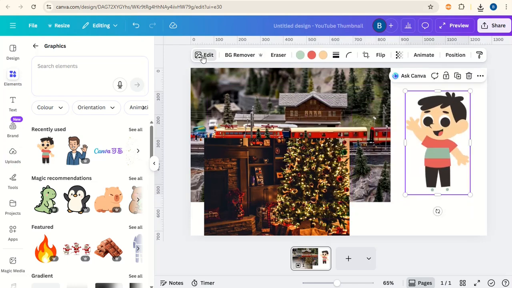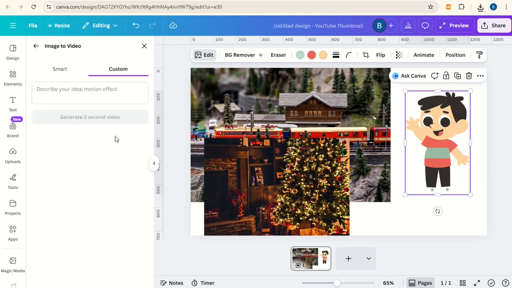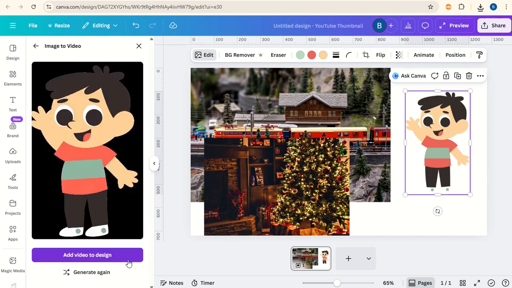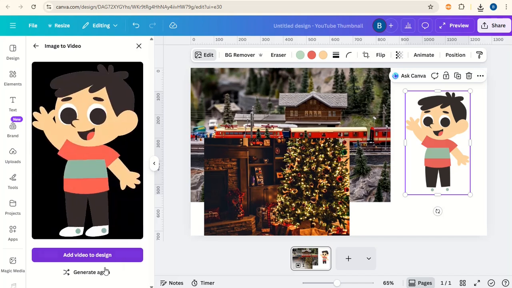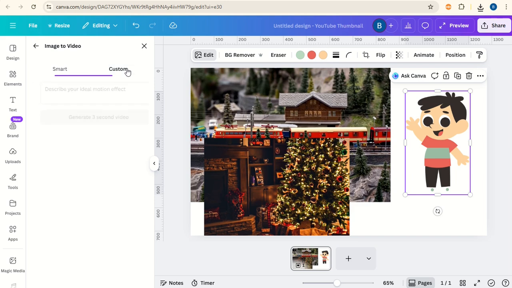and then click on Edit and go along to Image to Video, and I'm just going to do a Smart option here to see what it does to this image. And there you go, that's what it's done. It's changed the background. If I go to Generate again and then go back, we can go to Custom, and